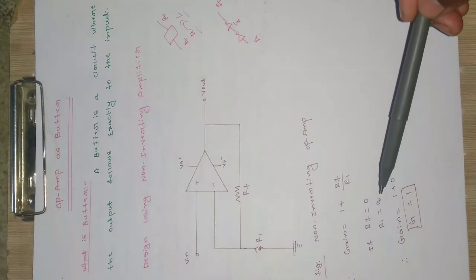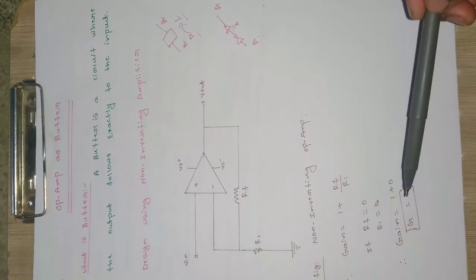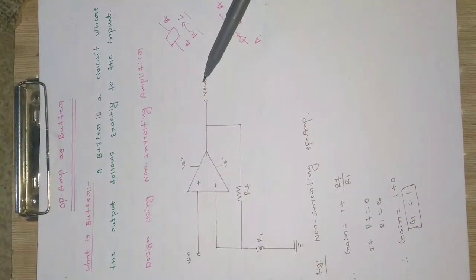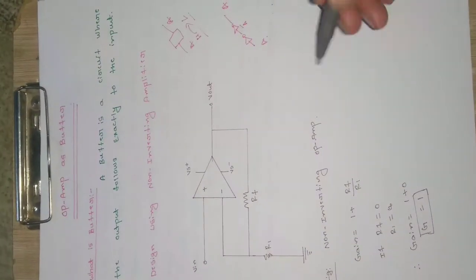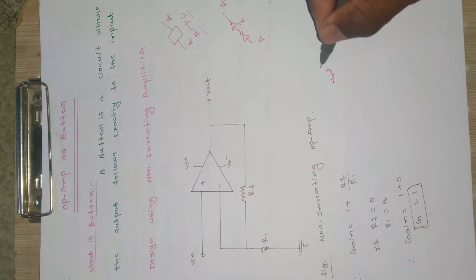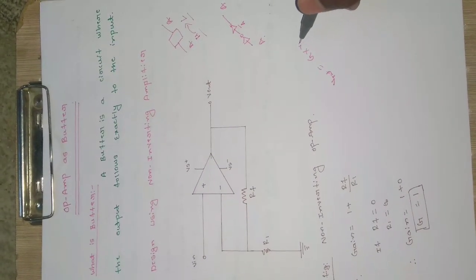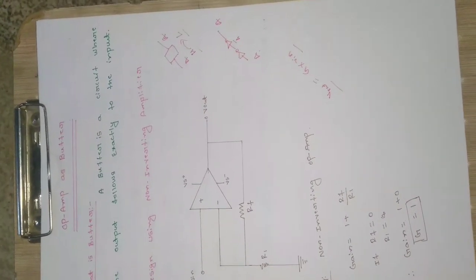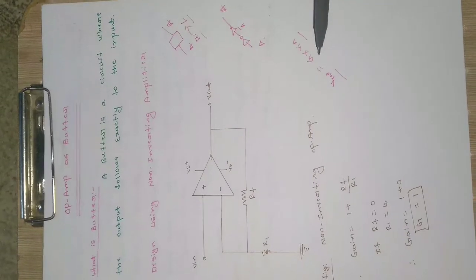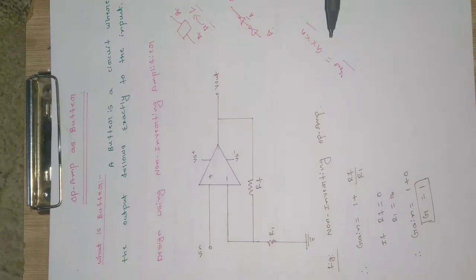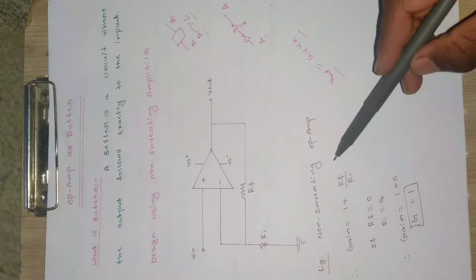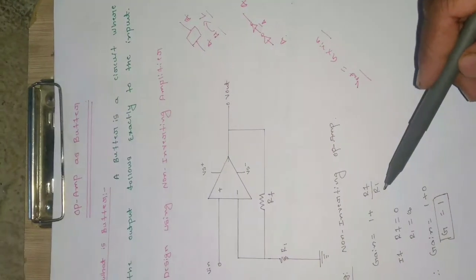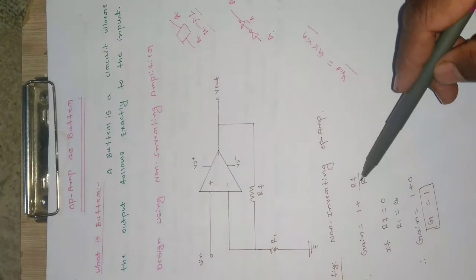So I want the gain to be equal to 1 because I want V out to follow V in. V out is equal to gain into V in. So when will V out be equal to V in? If I want V out to be equal to V in, then gain should be equal to 1. To make the gain equal to 1, I need to have this term as 0. To do that, I will put the feedback resistor value equal to 0